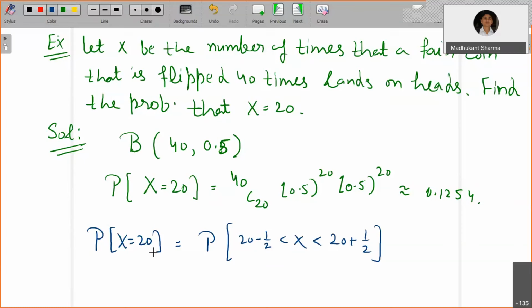This is known as the continuity correction. I just want to mention that x lies inside this interval, and both are the same thing, right? If x can only assume point values, like 29, 30, 40, there is no value inside the interval, so both these events are the same. This is known as continuity correction because we want to use it as an approximation in terms of continuous random variables.